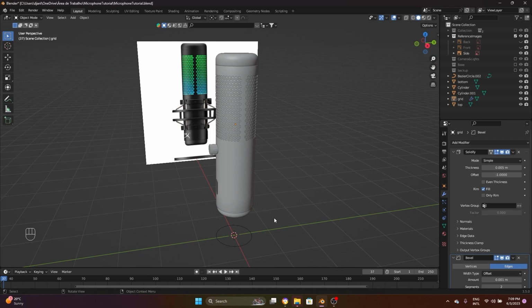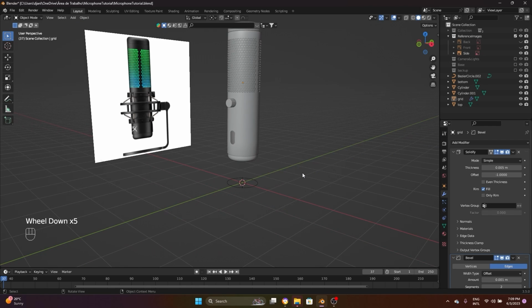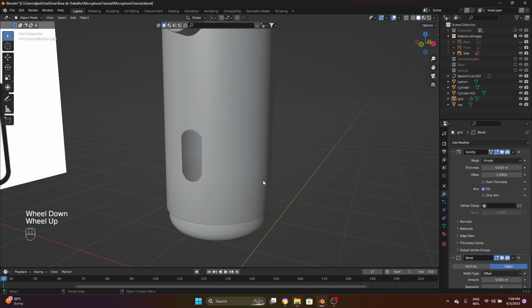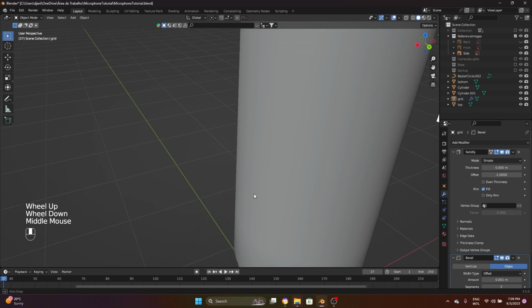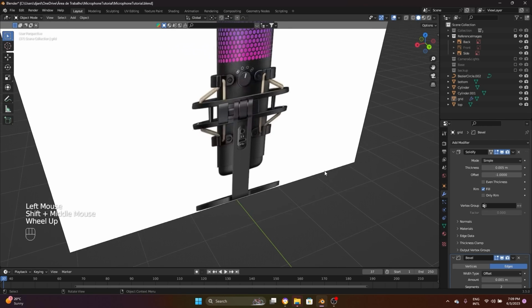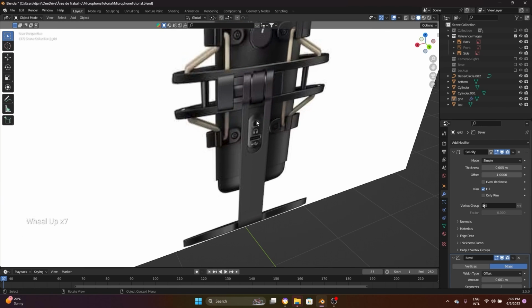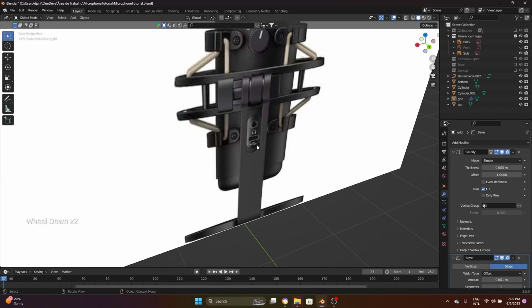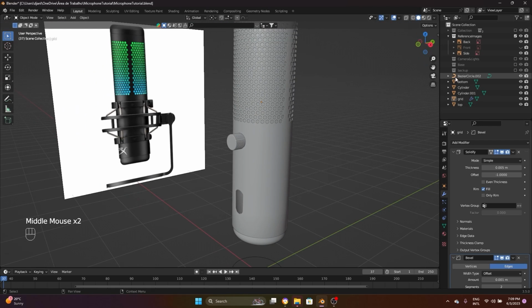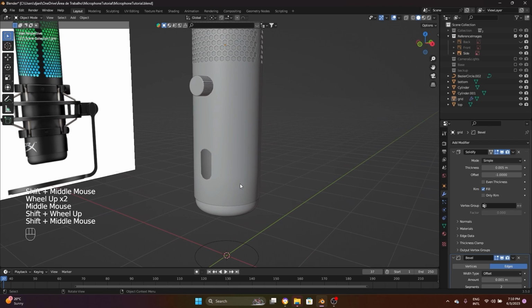And now to finish this tutorial, let's add this portion where, let me show you, where we're gonna have the USB and the earphone inputs. Okay, what I'm gonna do is select one part